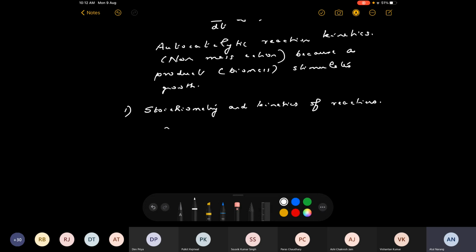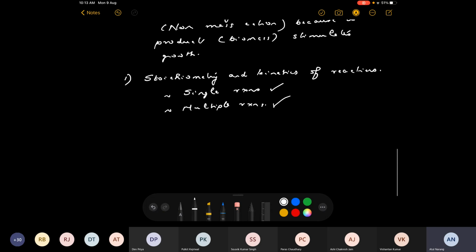But here we will basically look at how to describe single and multiple reactions. And really, it won't be simply description, but actually we'll start off with the single ones, explain why they work, where they don't work, and what forces us to go to multiple reactions. Once I'm done with that, then